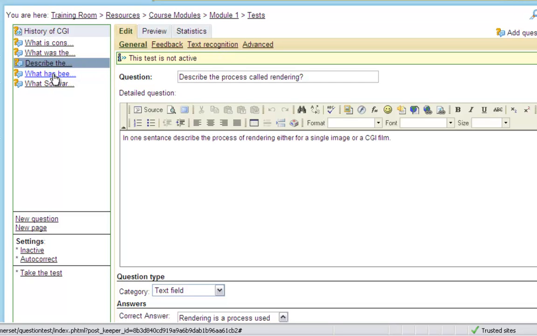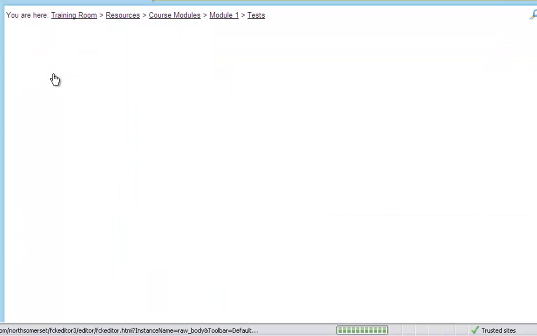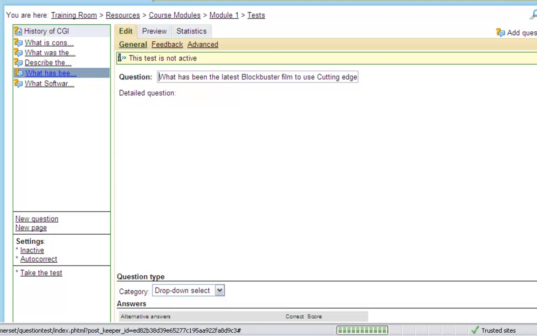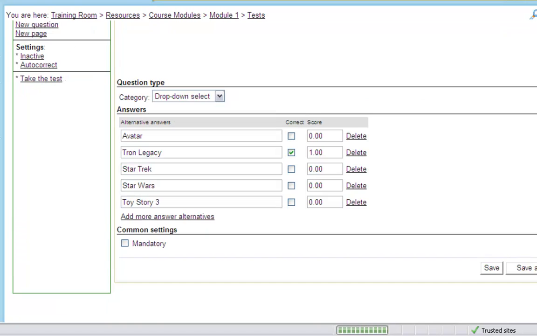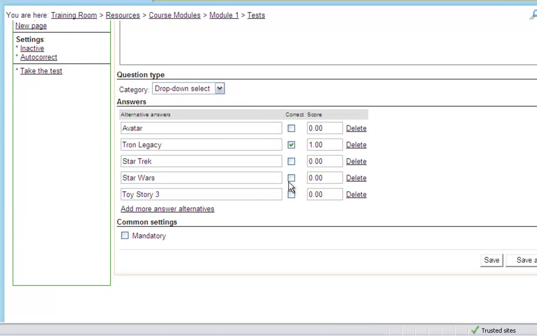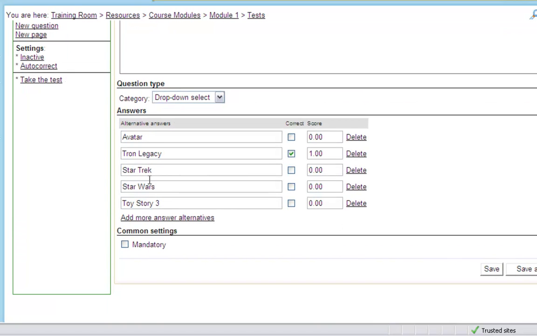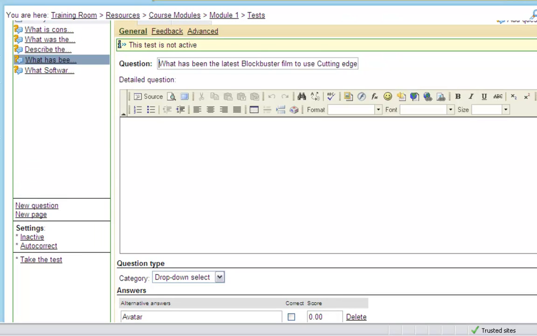The next question, again, is a simple question, but this time a drop-down list. And these again are very simple. You type in the answers. Okay, you give it a tick and a mark for the correct one. And if you preview